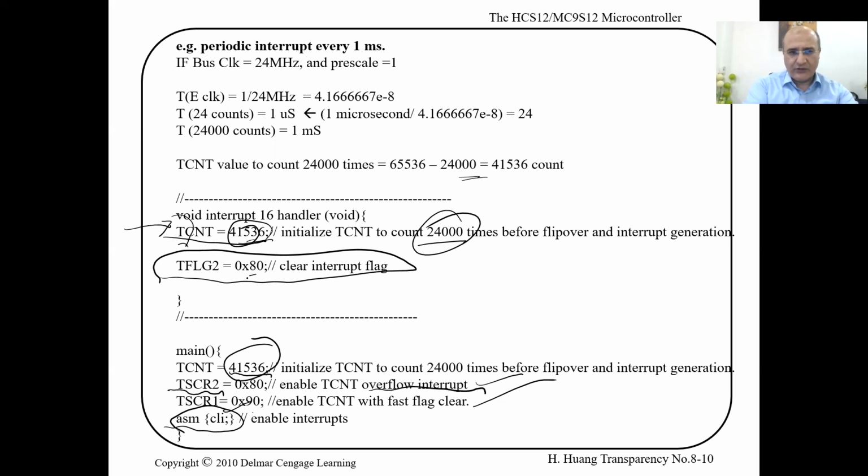So we write a 1 to it, bit number 7. It's only 1 bit. Others are not used. Okay, and this is the code. You can write whatever you want here inside. Whatever you write here will be executed